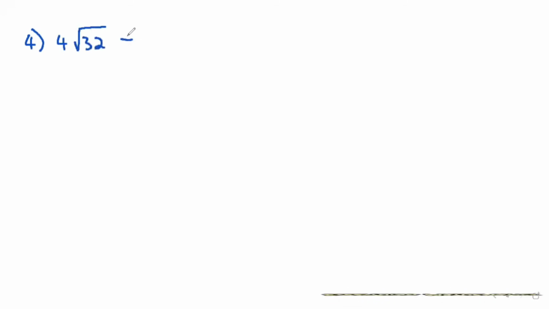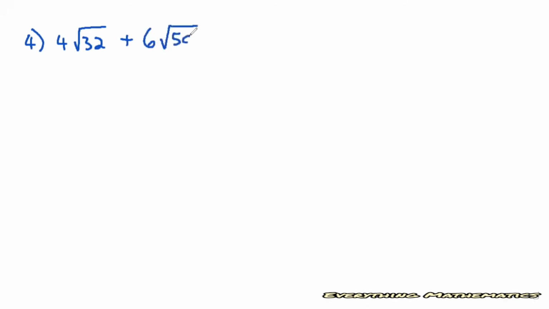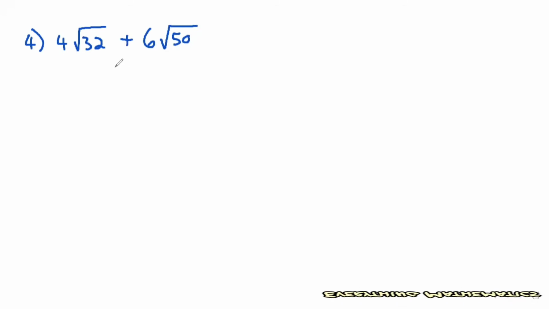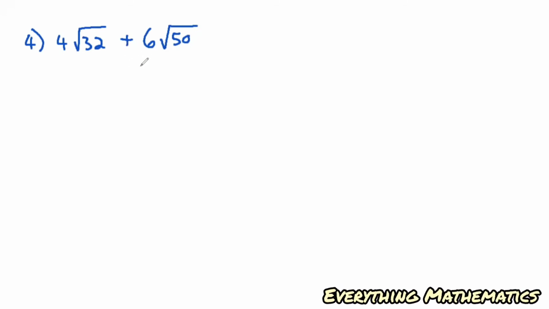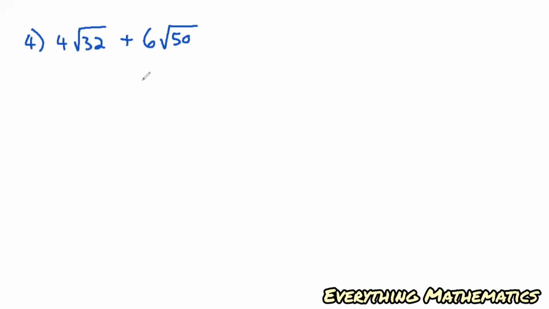So in our final example, we have now number 4, our last one for today. We have 4 root 32, and we are adding that to 6 root 50. And in this case, again, as it is right now, it's not too explicit. So you cannot straight away see if you could add the 4 root 32 to the 6 root 50. So here we just have to do a little simplification